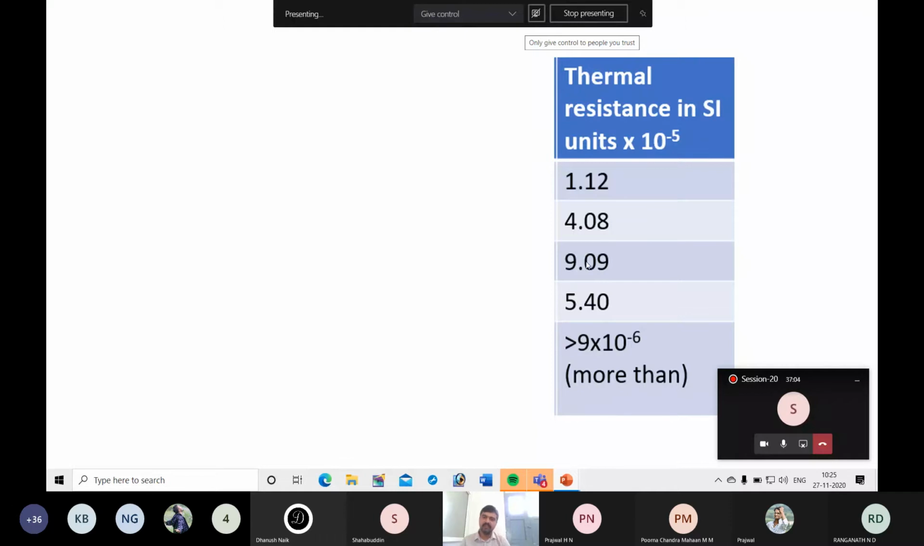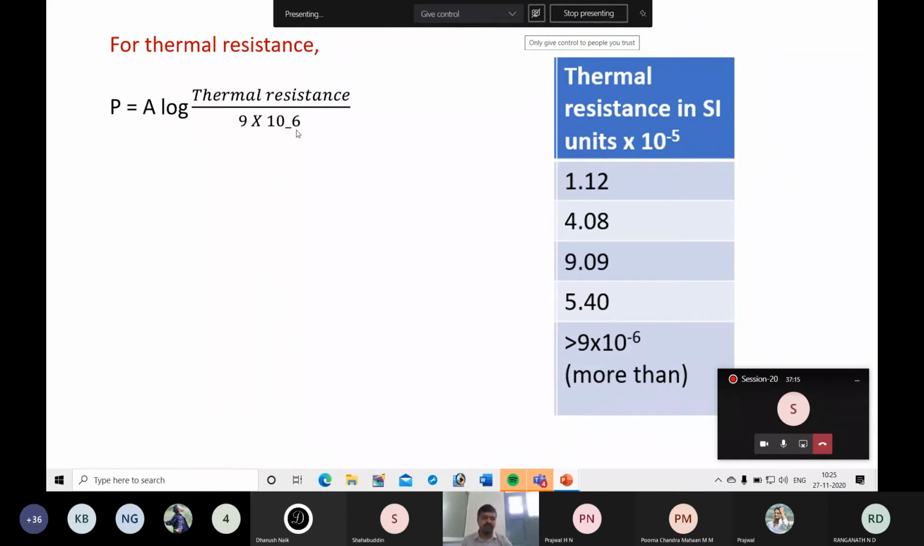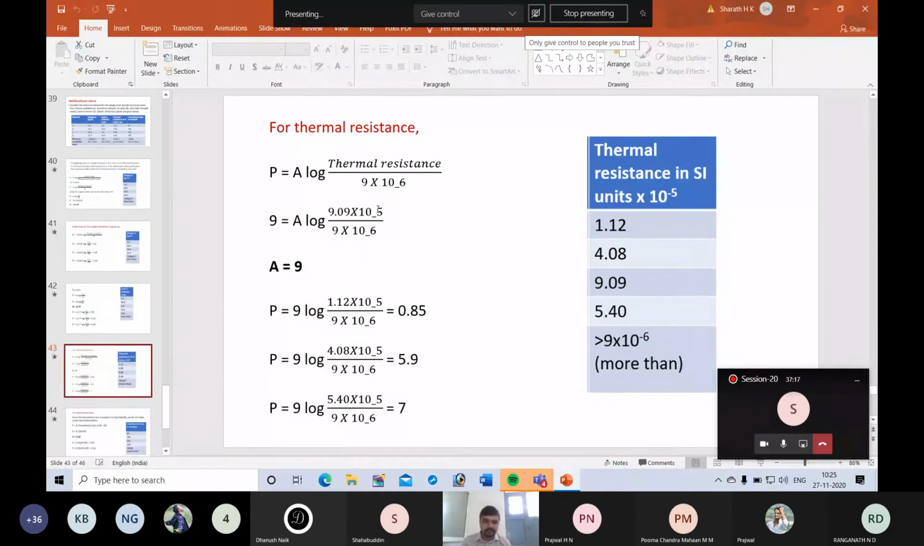For this, we are going to assign 9 and we are going to find out the constant A for thermal resistance. Okay, this is the equation. Okay, it should be 10 to the power minus 6. Okay, so